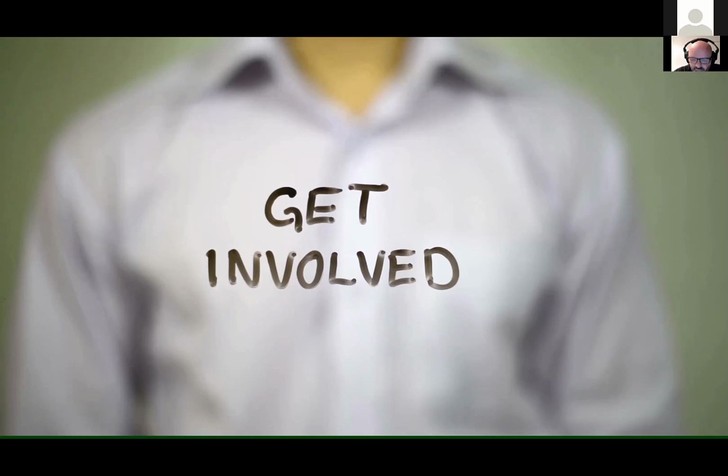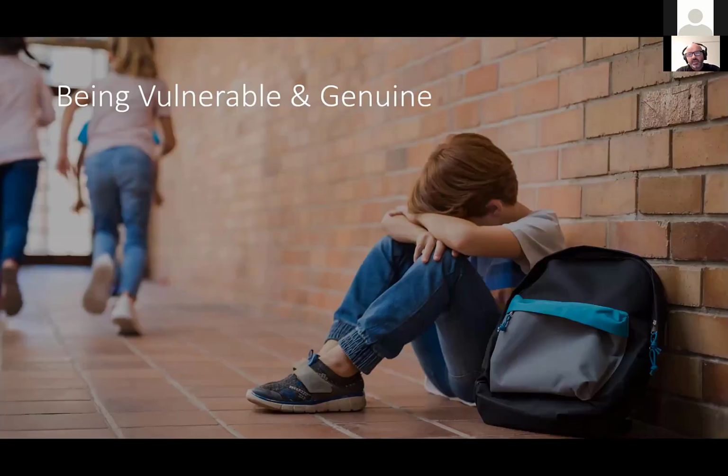You need to get involved in the community, and people need to see that the involvement that you have creates value to them. Now, the other thing about being an MVP is being vulnerable and being genuine. You don't have to be the guru to the extent that you must never get it wrong, right? I make mistakes all the time. A genuine person and a vulnerable person is somebody that is quick to admit their mistakes.